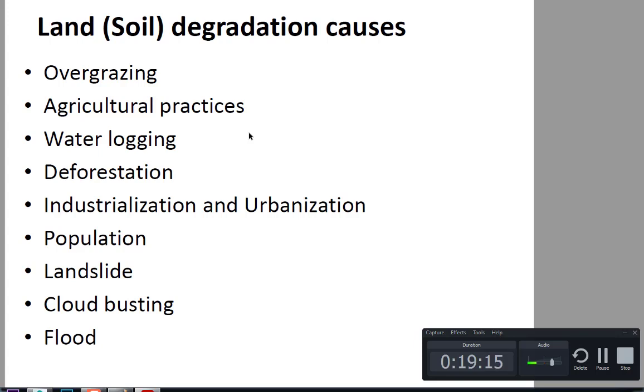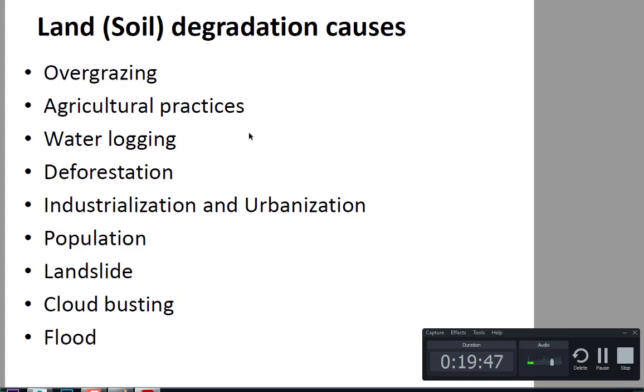Overgrazing means when we introduce a huge amount of land for grazing purposes, for cattle use, since cattle generally use a large area for grazing. These areas can be destroyed by their hooves also. They generally remove the topmost layer from the soil, and this phenomenon is responsible for soil degradation,